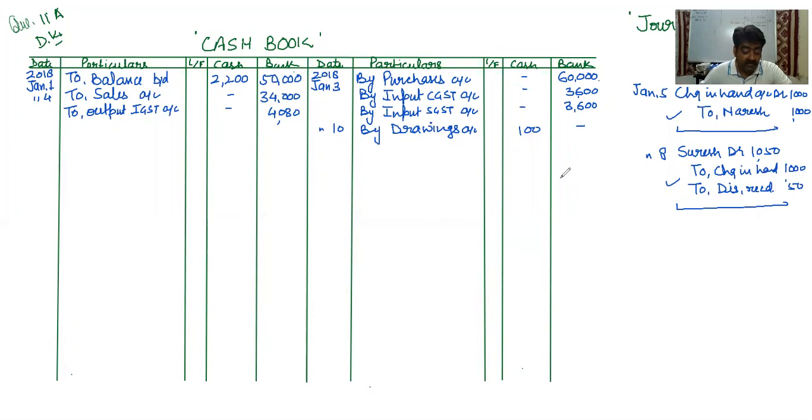Next is January 13, received a check from Pawan in full settlement of his account of rupees 750. And after this, on 16, it is written Pawan's check returned dishonored by bank. So that means check received from Pawan is immediately deposited into bank. So in this case, on January 13, our journal entry will be bank account debit, discount allowed debit to Pawan. So out of this, bank account debit to Pawan will come in cash book, and amount will come in bank column, that is rupees 700, and